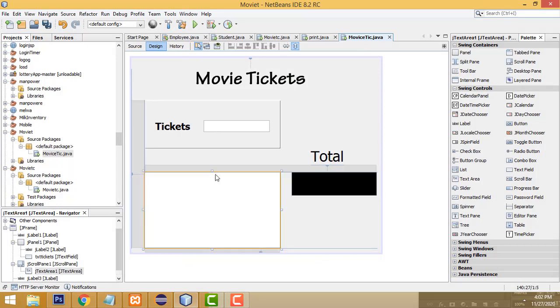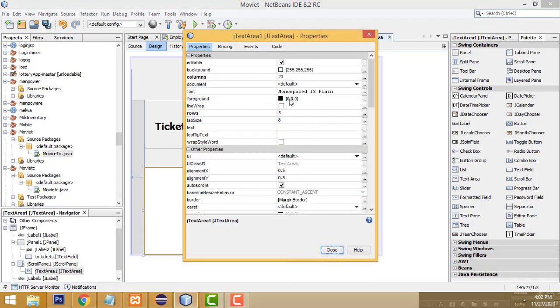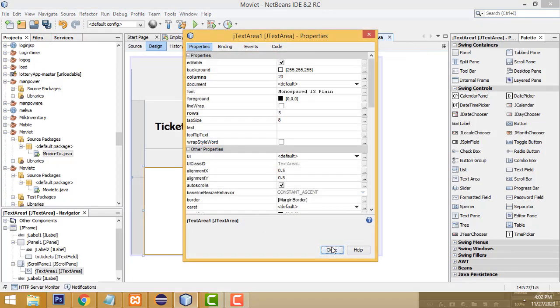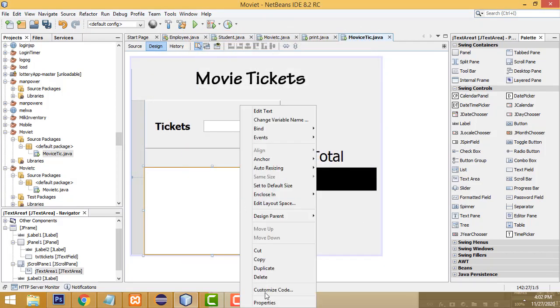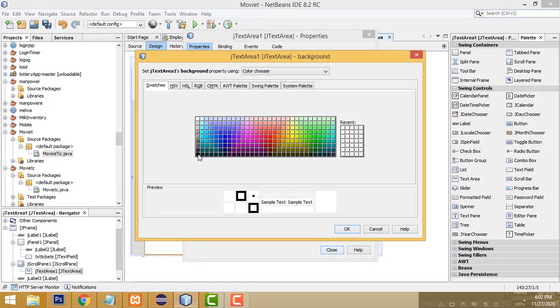Right, now this text area also we have to make black, it is an attractive look. This foreground color we also have to make white. Okay, we have to change the background color to black.